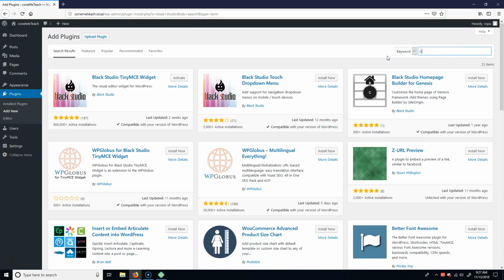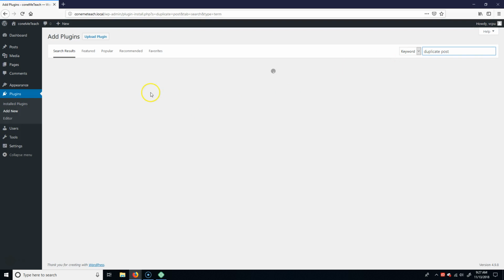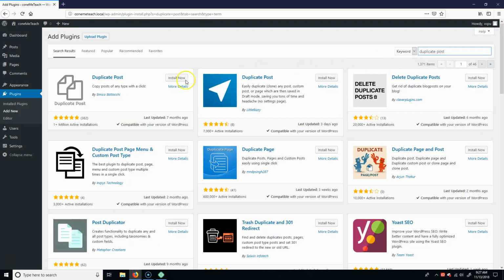Alright, so then I want Duplicate Post. That's another one that's useful, so I'm going to go ahead and install this one. Duplicate Post, install now. And then, so it's installing, and then next I would want